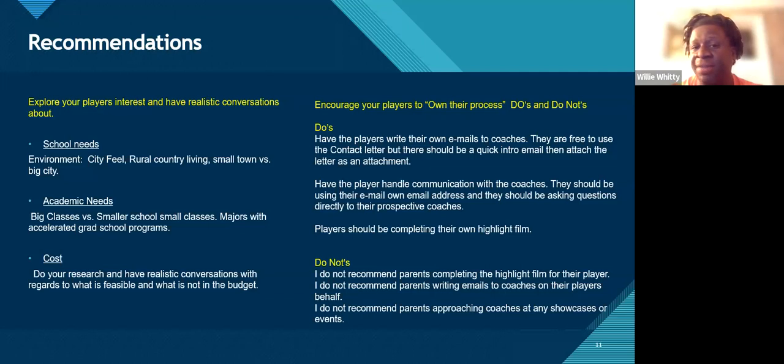Biggest one for me is have the player work on contributing to their own highlight film. We've been in situations before where a coach will ask a player about a particular highlight on their highlight film and a player has no idea it's in there. Do not put them in that situation. Make sure they're contributing to their success in their film.